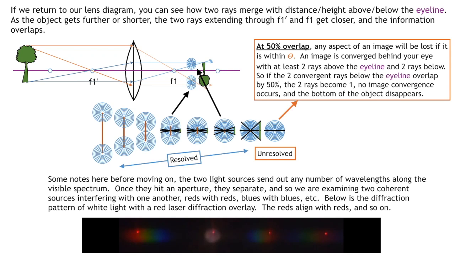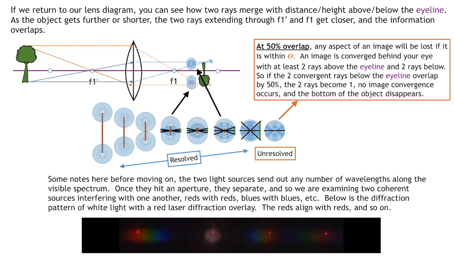So if we return to our lens diagram, you can see how 2 rays merge with distance and height above and below the eye line. As the object gets further or shorter, the 2 rays extending through F1 prime and F1 get closer, and the information overlaps. So again, with further distance or with the object shrinking in height, the projection behind our eye line has those 2 rays getting closer and closer together. The stump of the tree, or the bottom of the tree below our eye line, has less height than above the eye line,